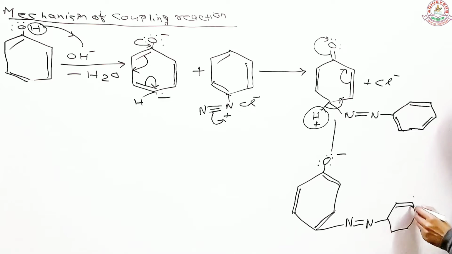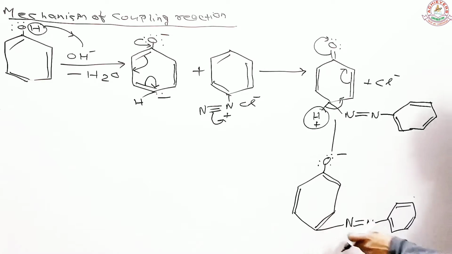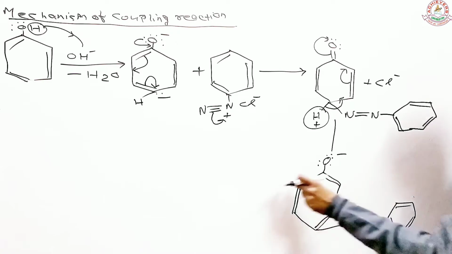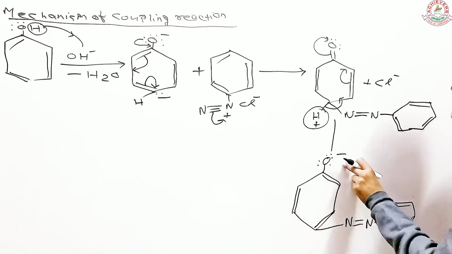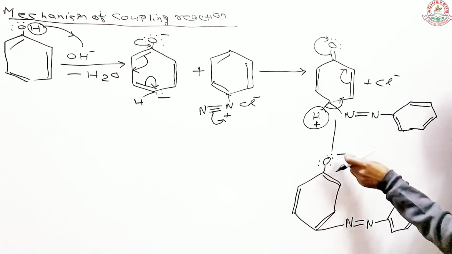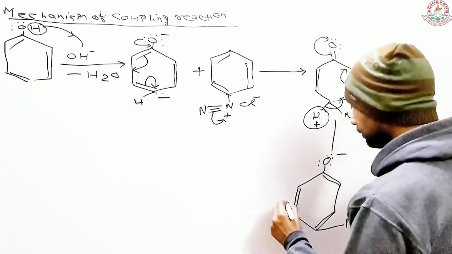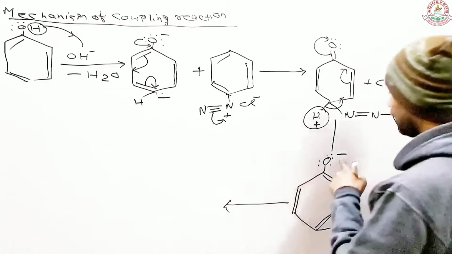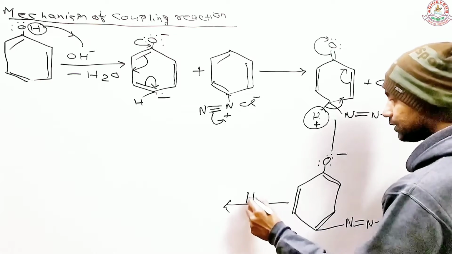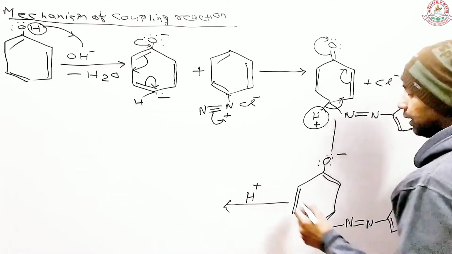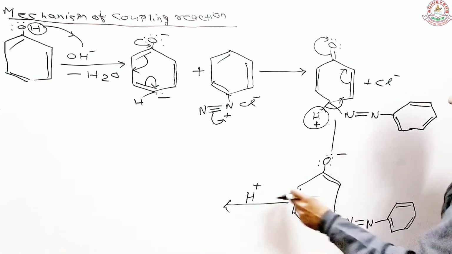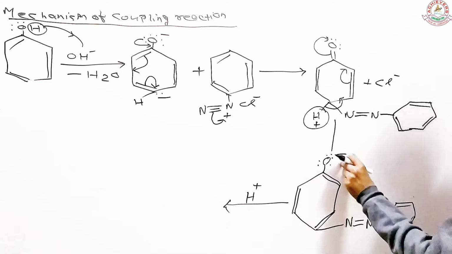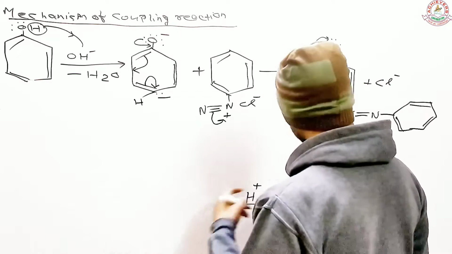I hope you are paying attention and getting each and every step of what I'm trying to do. So far we are very close to getting the actual product. And then this nucleophilic oxygen reacts again with the proton. So let's pay attention here. This reacts with a proton, because this is highly basic and there you have an acidic substance. So this one reacts and converts into a phenol.